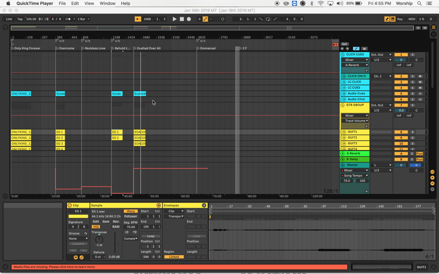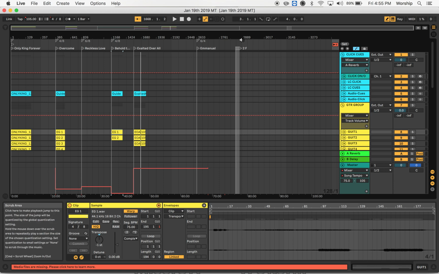So anyway, I'm just working on the, as you can see up here, the January 19th, 2019 Myerstown set in arrangement view.